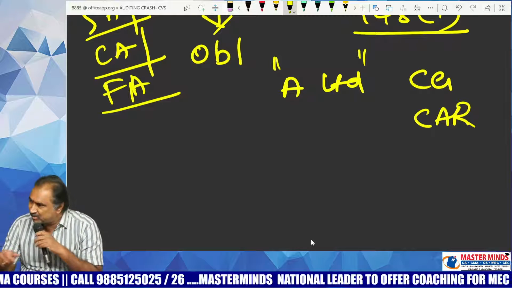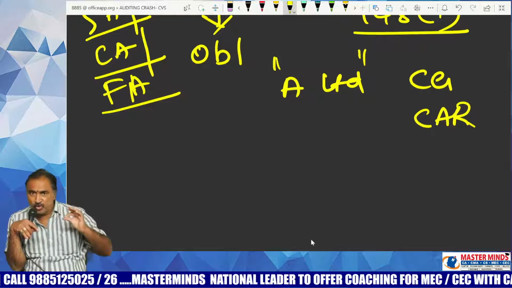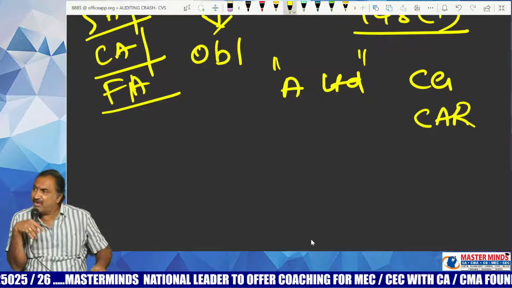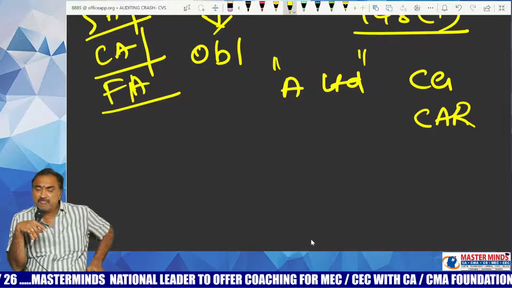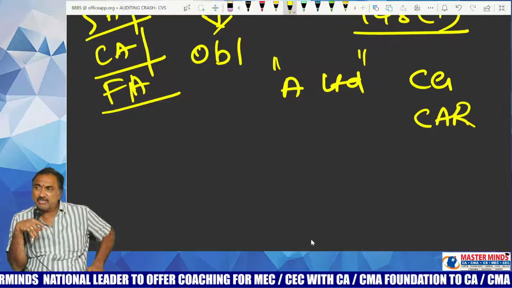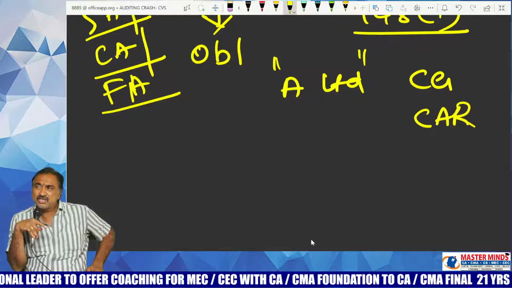Should I repeat my question? You have been appointed as the auditor of A Limited. You were the financial auditor or company auditor or statutory auditor of A Limited. During the course of performance of your audit, you came to know that A Limited has been directed by central government to make and maintain cost accounting records. In such case, what is your duty?